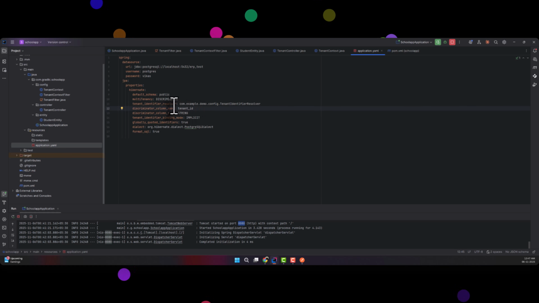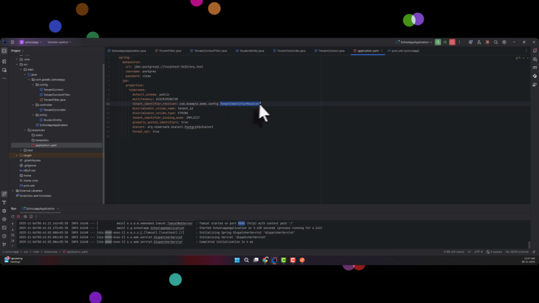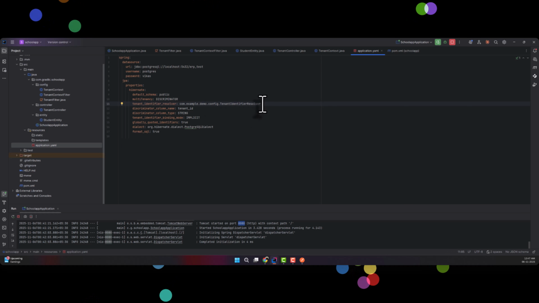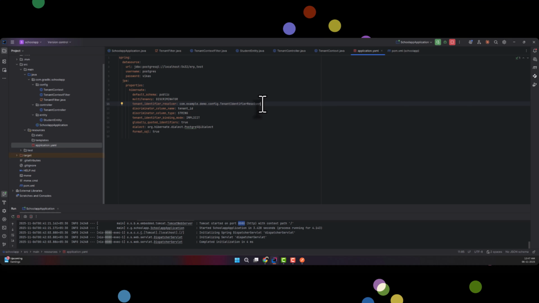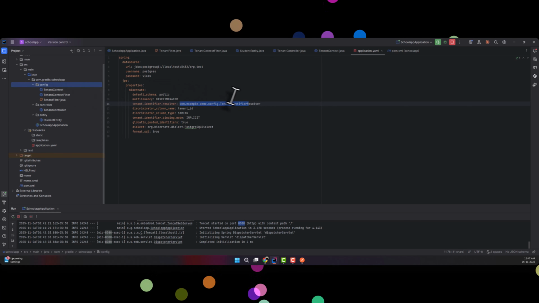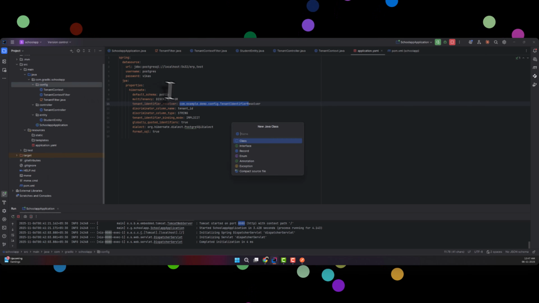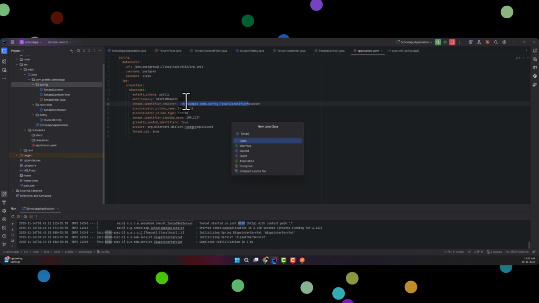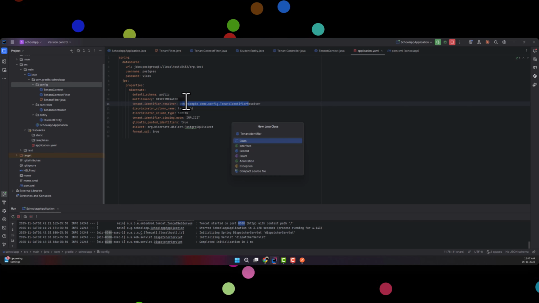And this resolver is nothing but we will create a resolver that will tell Hibernate that we are making use of that particular resolver to resolve tenant ID. So we are making use of this particular package, so I'll change the package structure and class name. So I'll create one more class, tenant identifier resolver,